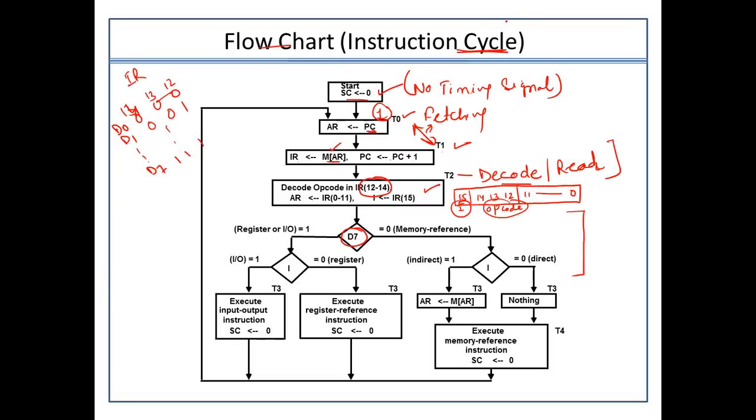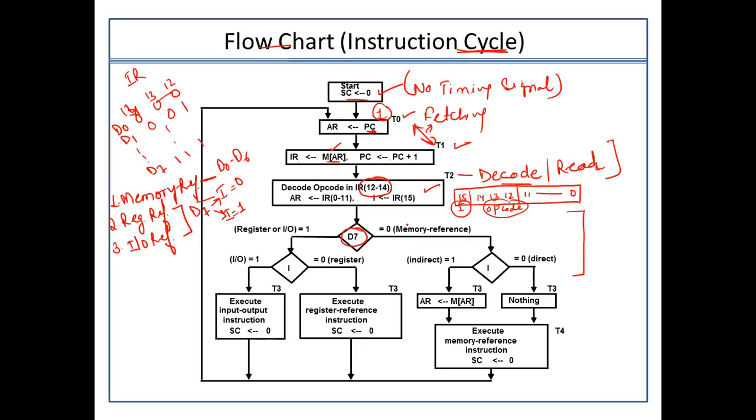So if we remember the different types of the instructions which are existing, there were three types of instructions. One was the memory reference, then the register reference, and the last was the input output reference. How can I signify these? First, if it is memory reference, the value of D0 to D6 will be active, and if it is a register or input output reference, D7 should be active. Along with that, the mode bit I should be 0 in case of register and I should be 1 in case of the input output reference, right?